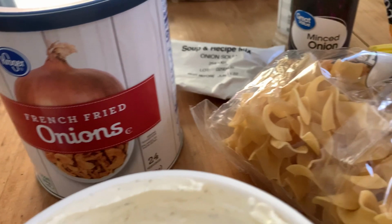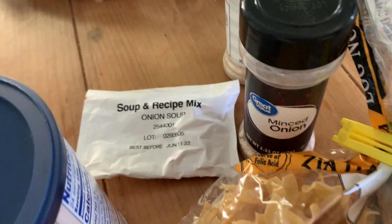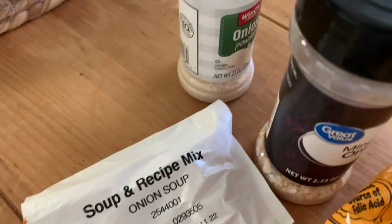Apologies for my absence. I was out enjoying nature, doing some camping with some girlfriends, but jumping right in here